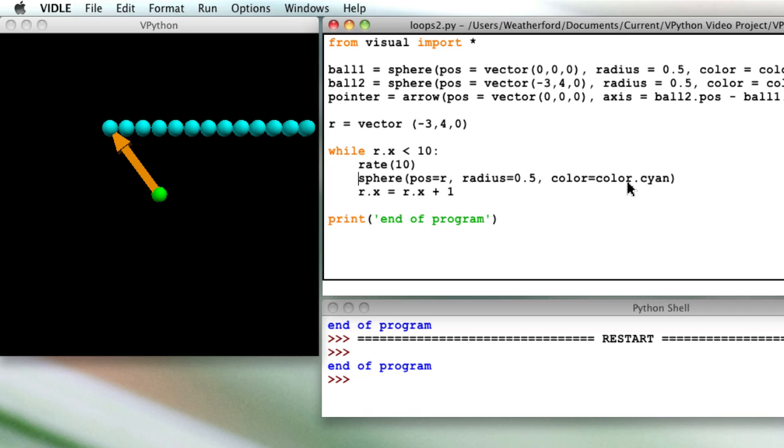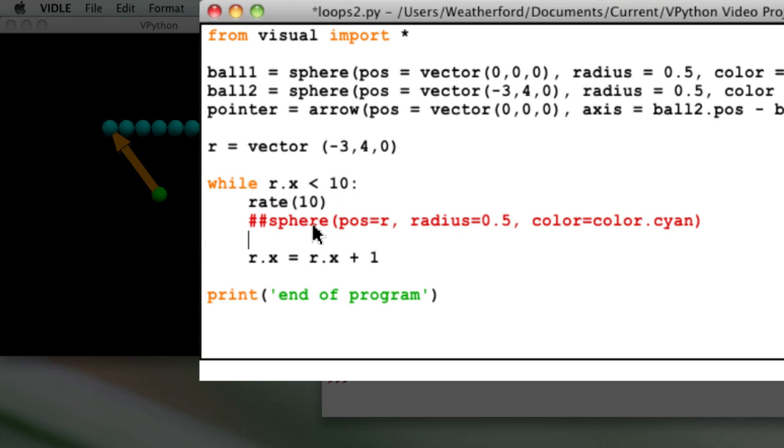Let's think about what would be changing for that sphere. The sphere's color and radius would not be any different each time through the loop, so they don't need to be updated. The sphere's position, however, does need to change, and that's all we really need to do in the loop. So let's try only updating the sphere's position attribute. Since we've already named the sphere, we can just reassign the new r vector to the position of ball2 by typing